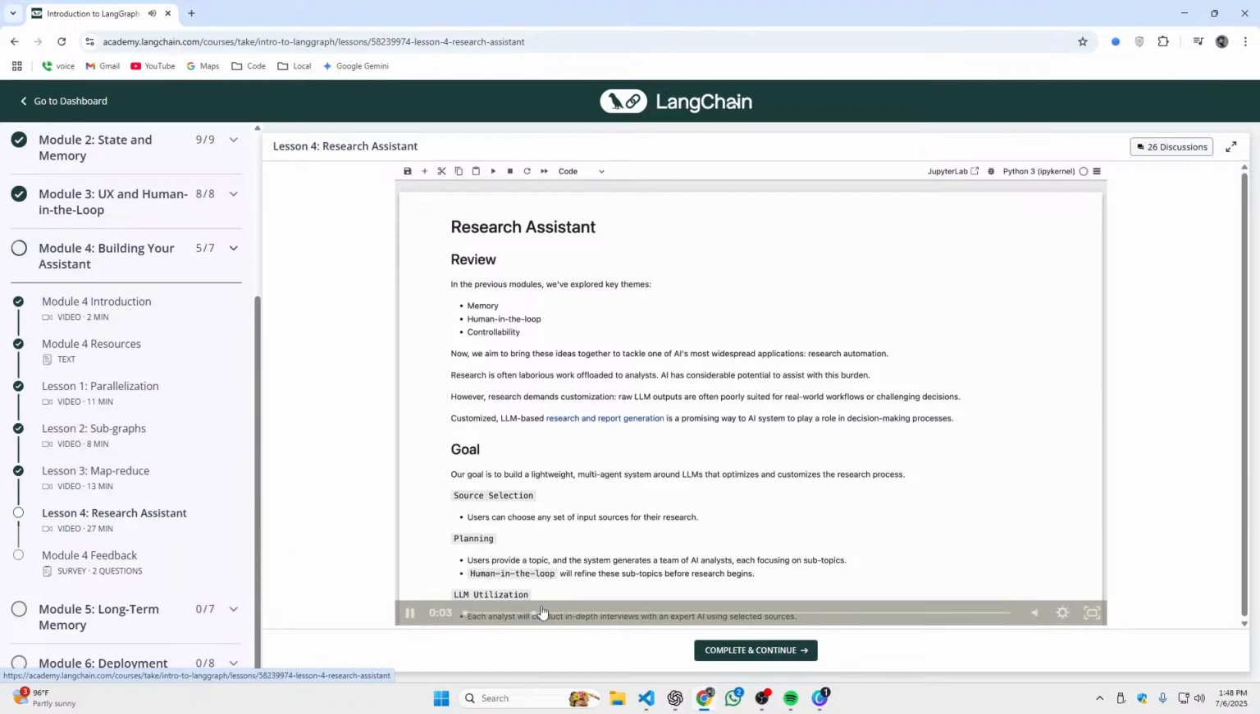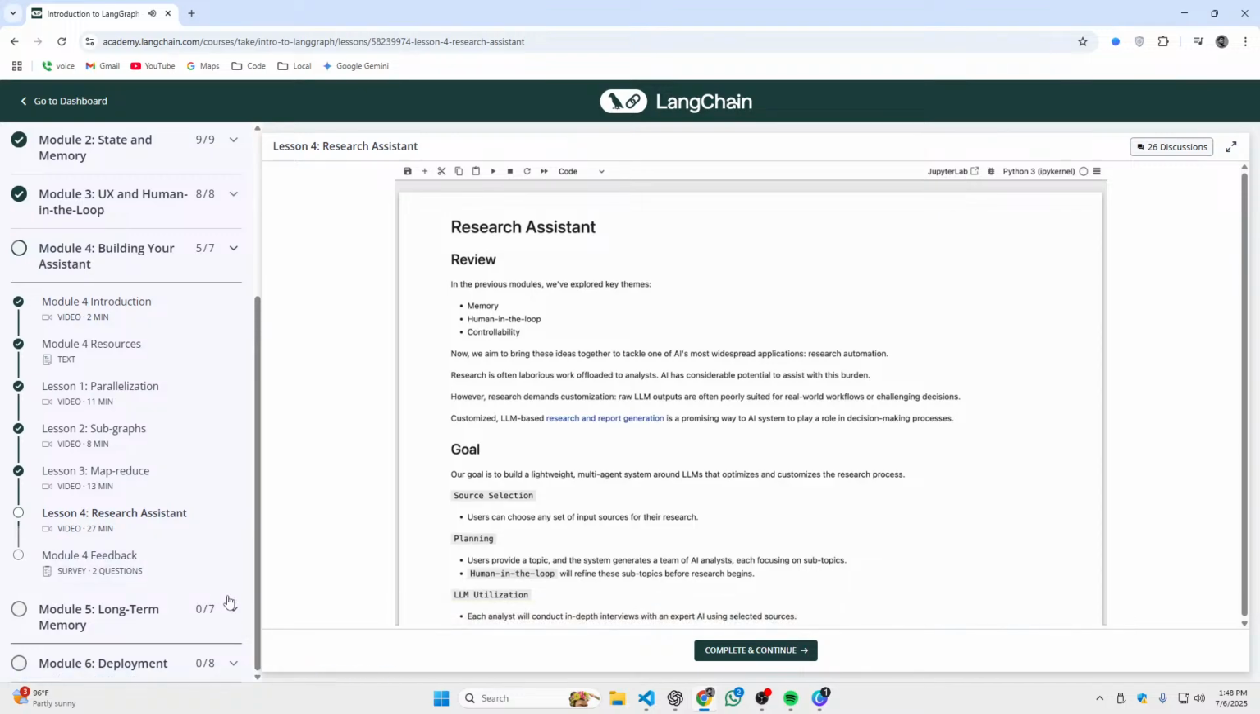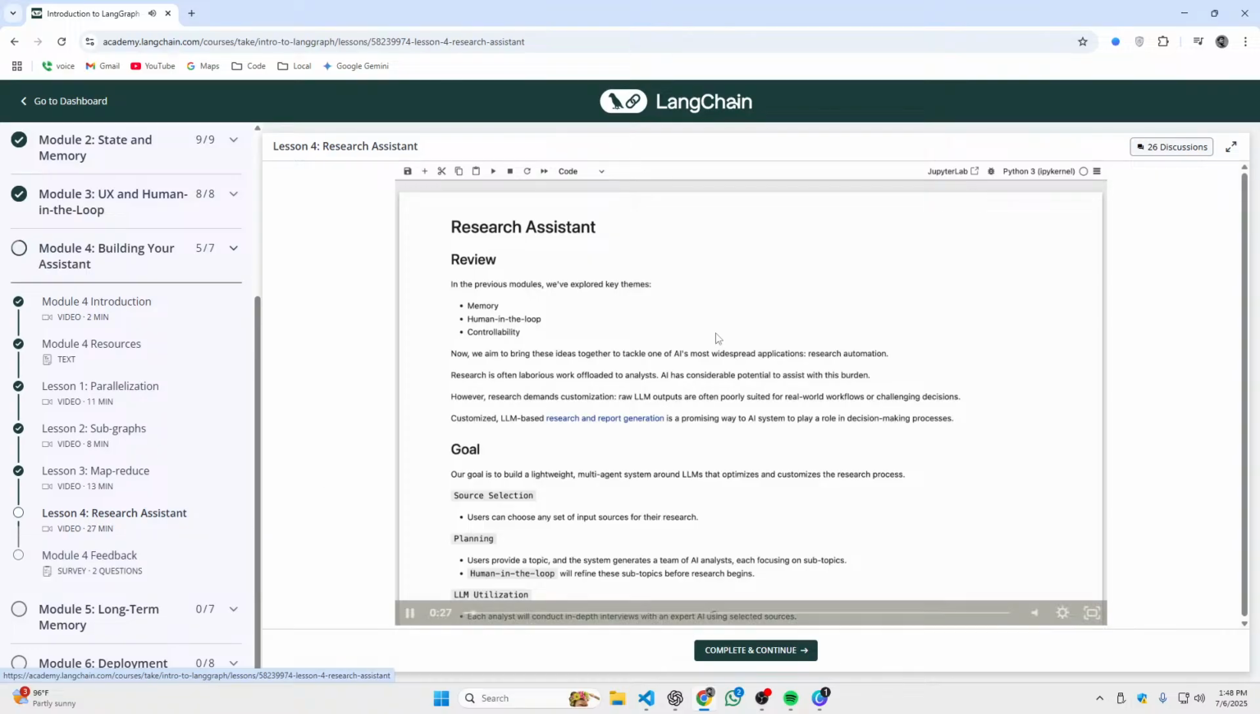Let's pull together the threads of memory, human loop, and controllability in a realistic, interesting multi-agent system that's capable of open-ended research. So research is often laborious, it's often offloaded to analysts, and AI can really help with this. But just raw LLMs are often poorly suited to real-world workflows or decision-making because A, you may want to provide specific sources for research,